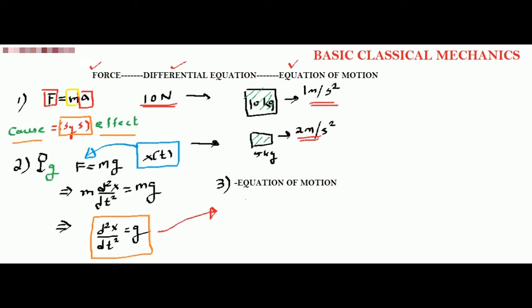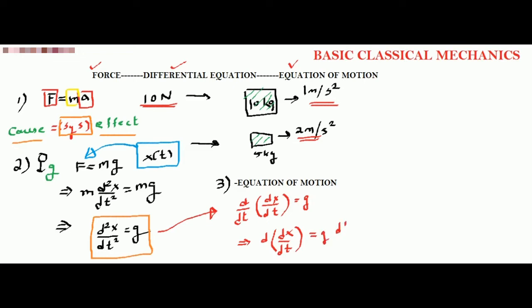So this one can be written as d by dt of dx by dt. Agreed on this part? Okay. Because it will again fetch you d square x by dt square, and this is equal to g. So once you integrate it, let me do it step by step. Put the d here and then write dx divided by dt equals g dt.